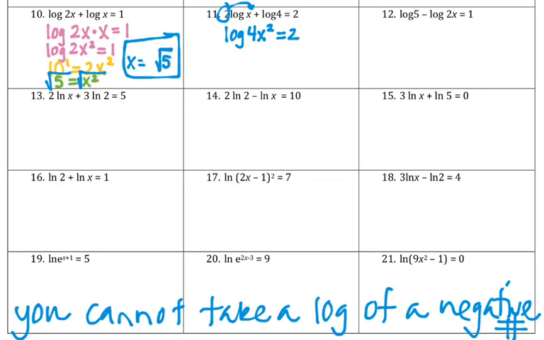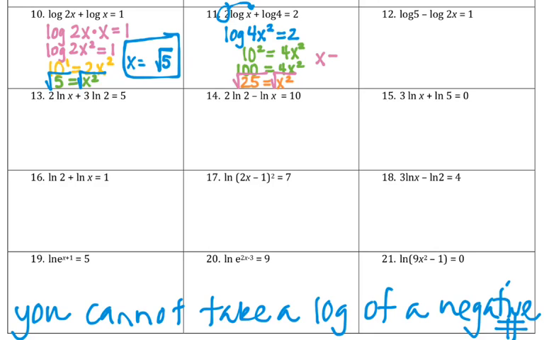Now write it as an exponential. The base is still 10. 10 squared equals 4x squared. What's 10 squared? 10 squared is 100. So I have 100 is 4x squared. Good job, Will. I divide both sides by 4, and I get what number? 25 is equal to x squared. Then I square root it. Square root of 25 is